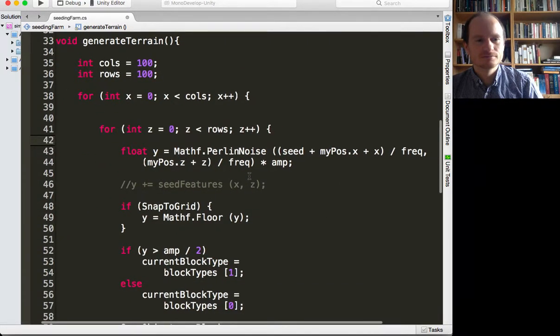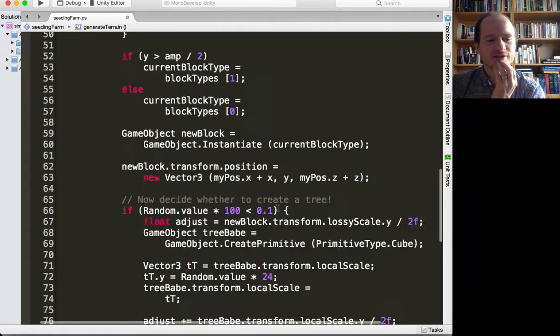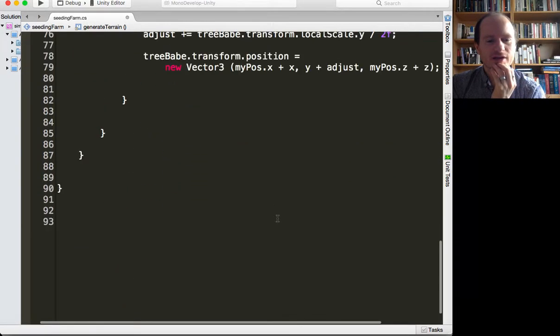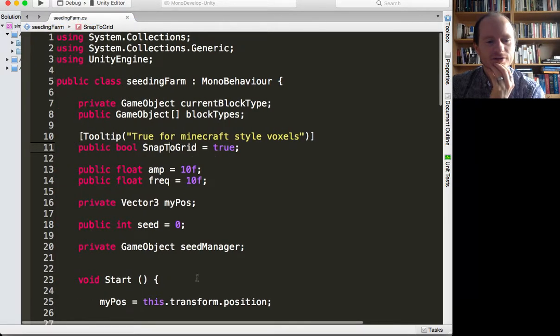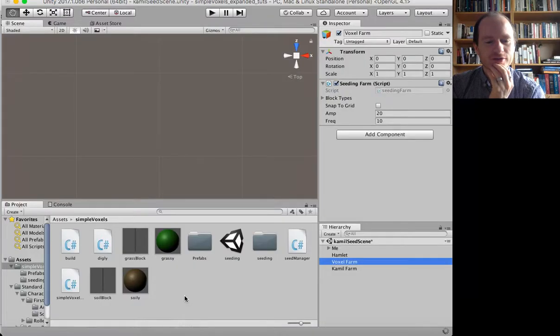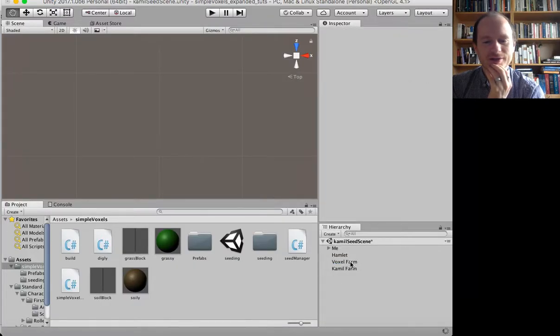I'm getting distracted by the fact that the script should not be looking that color. I don't know what's going on. It's because I've broken it, but it's still working. Anyway,